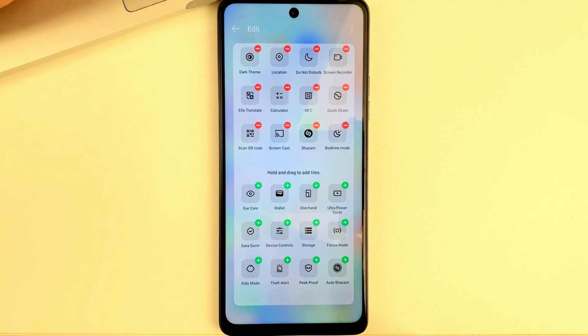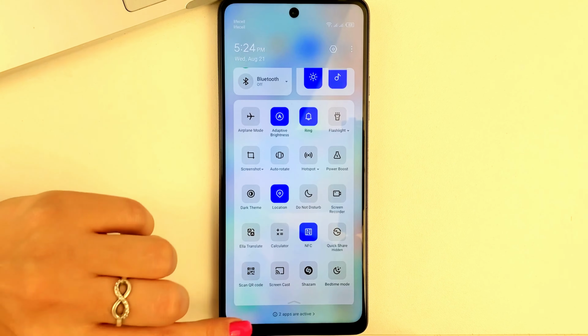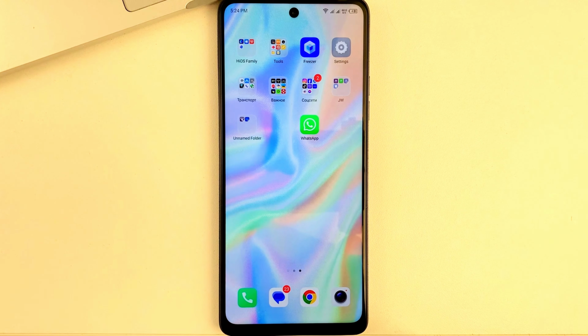Then, to fix the changes, you will need to either click Save or just the back arrow so that all your changes will be saved. This is how, friends, you will be able to manage the Quick Settings widget on your Android home screen.